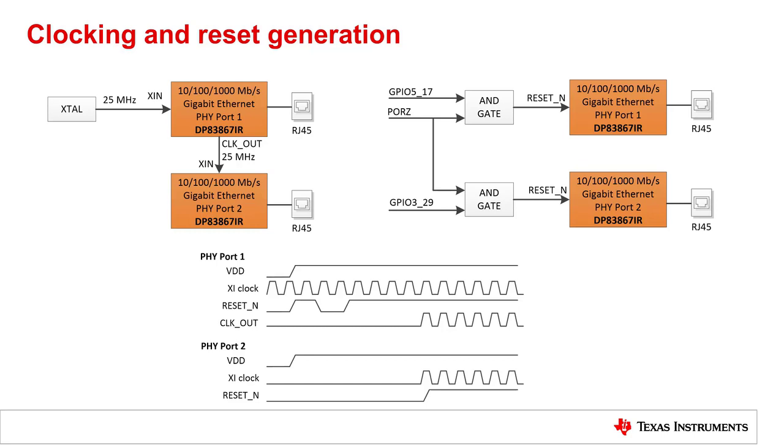So port 1 of the Ethernet PHY, which is shown above, is providing a clock, which is shown here as XI. So we need to release the reset of the first PHY when this clock is active. Then it takes some time from this first PHY until a clock out is produced. This clock out is then provided to the second PHY. So note that we need to keep the second PHY in reset, and only once we have a valid clock, the second PHY can be released from the reset.